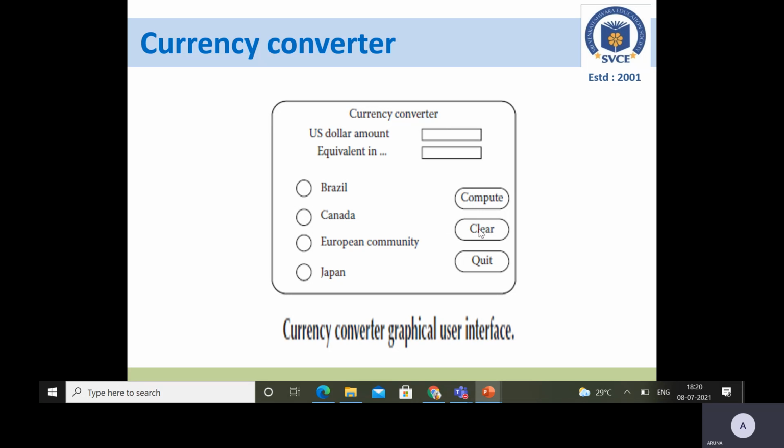Clicking the quit button ends the application. If you click clear, it will clear whatever value you have entered in your US dollar amount, and the "equivalent in" label gets cleared. So this is how the currency converter works.